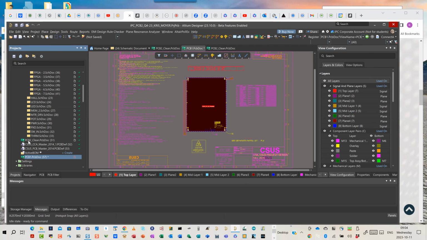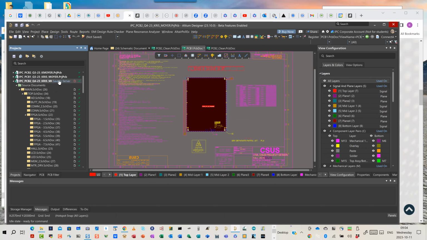And you'll see now that I have two PCB documents, PCB1 and PCB2 right here. Okay. And you'll see this one doesn't have any server indication right here, and it shows the red document icon right here. So just to demonstrate that other technique, if I'm in the server based, if I say save to server right here,